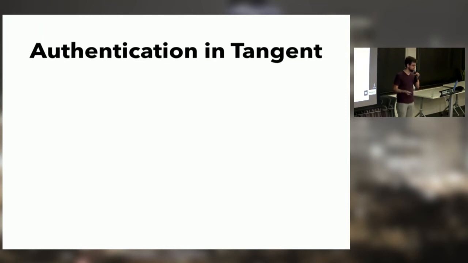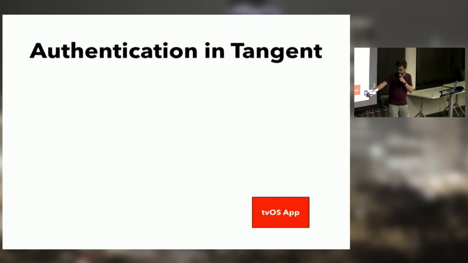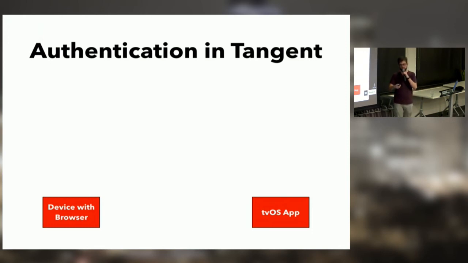So there are three actors in this. The first is my tvOS app, of course, Tangent, over here in the corner, which is awkwardly close to this thing now. There is a device that the user owns that has a browser on it. So this could be a Mac, an iPhone, an Android phone, like a PC from the 90s, whatever it is. So a device with a browser, and then I had to build a server, which I am no good at, but got it working. This was running in Parse initially. I don't know if you guys have heard of Parse, but Parse is actually shutting down early next year. But they open sourced their stuff, so I migrated it to Heroku, and it's still running, and I still use the same system for doing it.